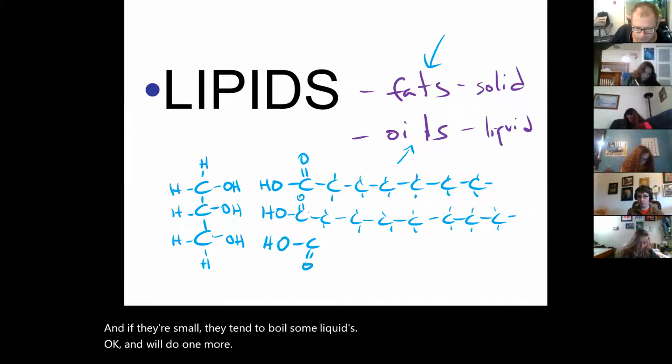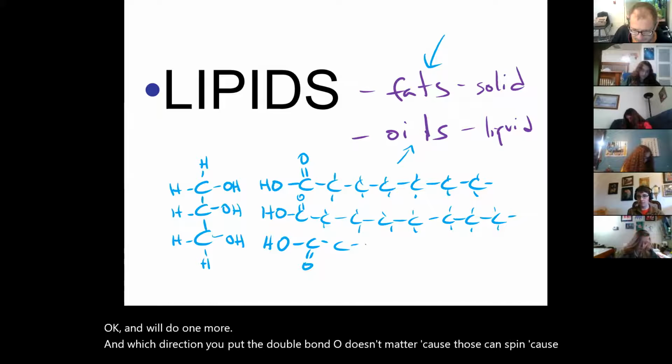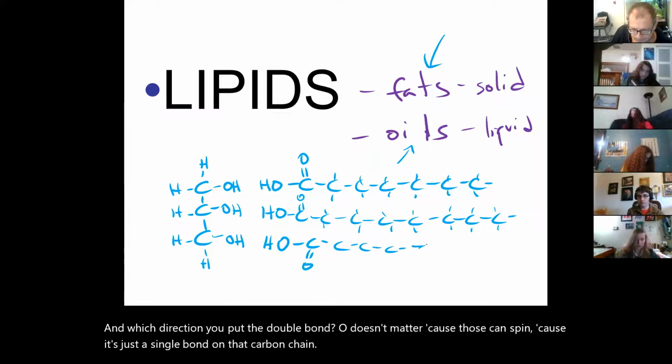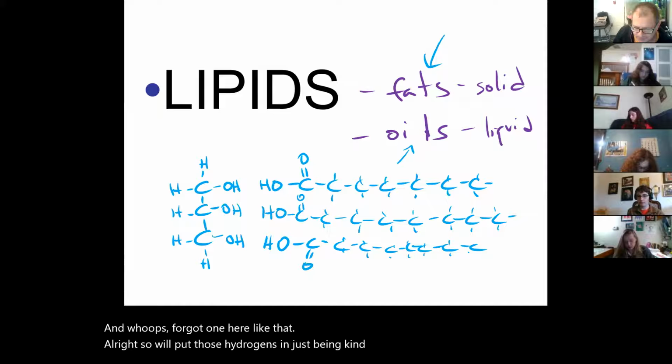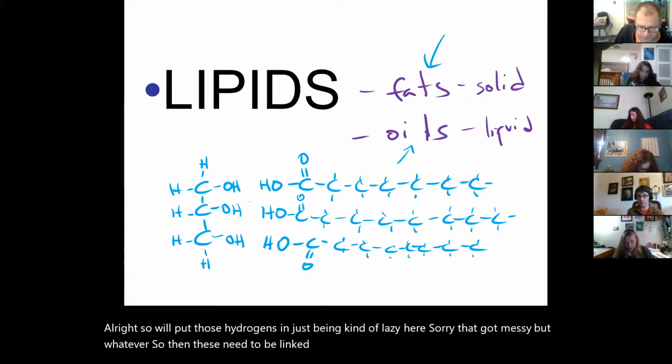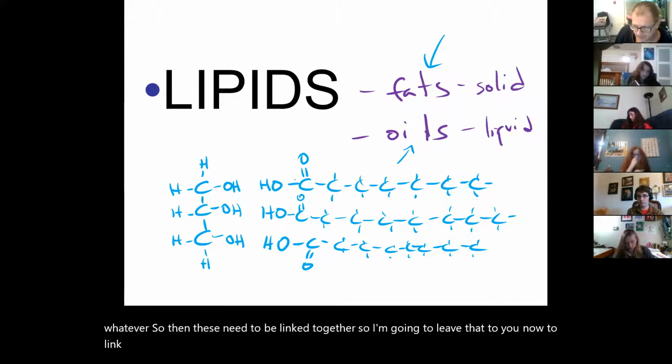And which direction you put the double bond O doesn't matter, because those can spin, because it's just a single bond on that carbon chain. And, whoops, forgot one here, like that. All right, so we'll put those hydrogens in, just being kind of lazy here. Sorry that got messy, but whatever. So then these need to be linked together. So I'm going to leave that to you now to link these together, but in order to link them together,